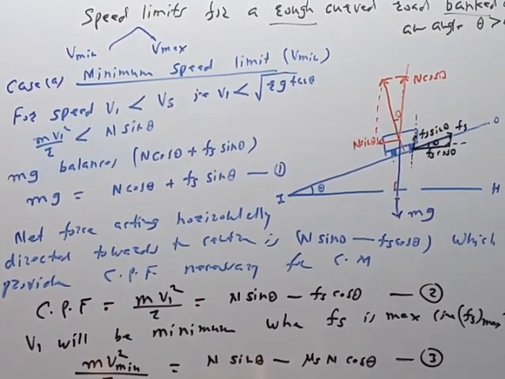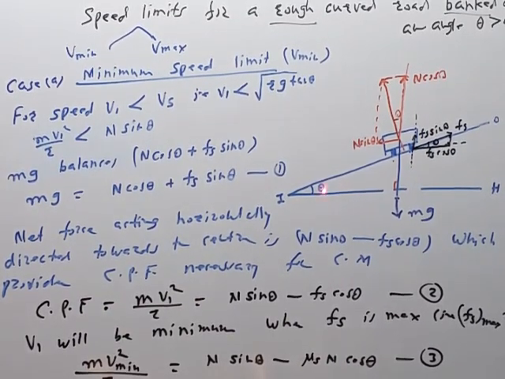So on the banked road, banked at angle theta, it is a rough road, so mu s is not equal to 0. The road is also banked like this. So we know the safe speed, the most safe speed Vs, is given by root of R g tan theta. Now we have to decide the speed limit, minimum speed limit and maximum speed limit.